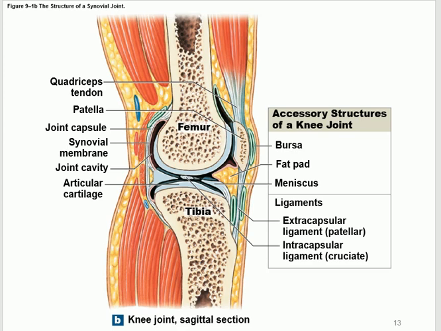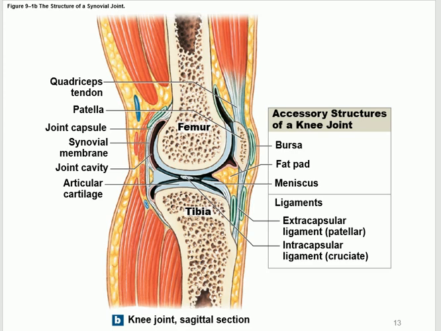Plus, you have fat pads to act as a cushion. Plus, you have bursae. What's the bursa? It's a pocket that contains synovial fluid for extra cushion. You have ligaments. You have muscles. Here is one bursa in front of the patella. Here is one bursa here, one bursa there. It's to absorb shock and act as a cushion.